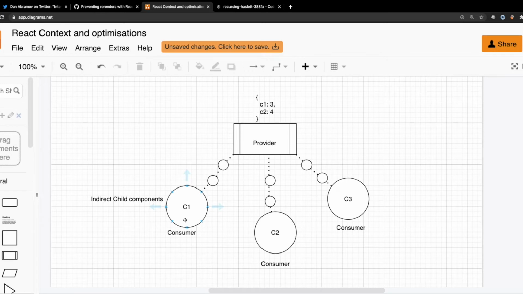But again, this lands us in a number of issues. Let's say there are a number of intermediate components between the consumers, so we need to drill our props one by one until they reach a consumer, which is boilerplate as well as time-consuming code to write, right? These are the three consumers where I actually want to consume this data. What React provides is a solution to this prop drilling problem. It provides us a provider. We have this state, and there will be consumers who can directly access this data without any need for prop drilling. How we do that is something we'll see when we code a live example, right?